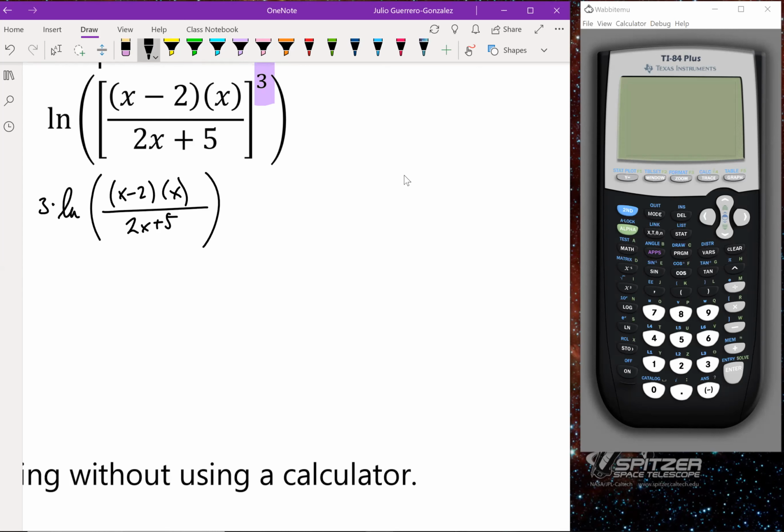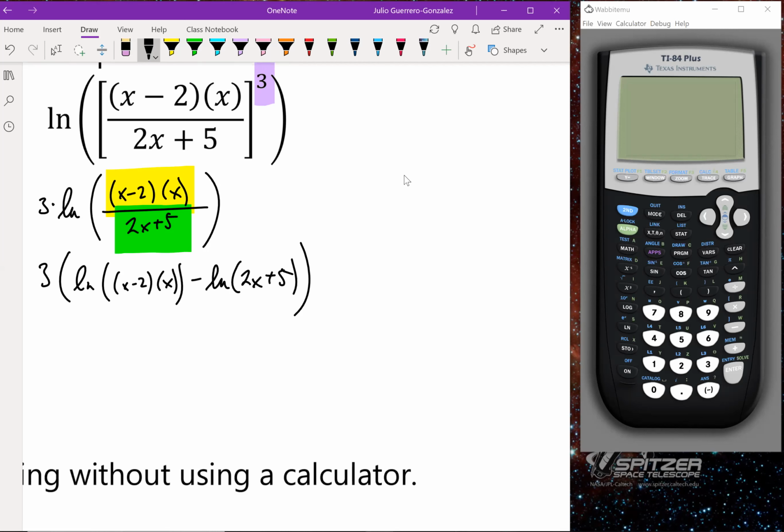Now what? 3 ln, then you do x minus 2, then 3 ln x, and then minus 3 ln 2x plus 5. Right, so we have a top-bottom issue again, right? So then this is going to be ln of (x minus 2)x minus ln of (2x plus 5). And if you guys notice, the 3 is supposed to be multiplied by everything in there. Got it? Okay, and then finally,